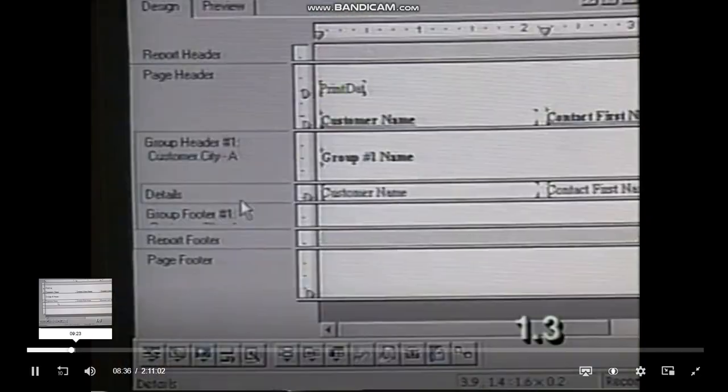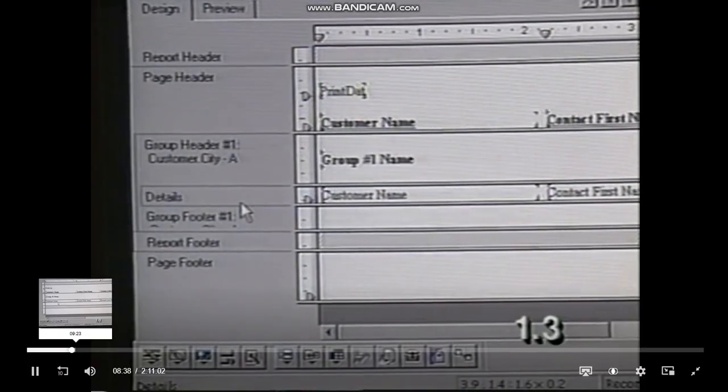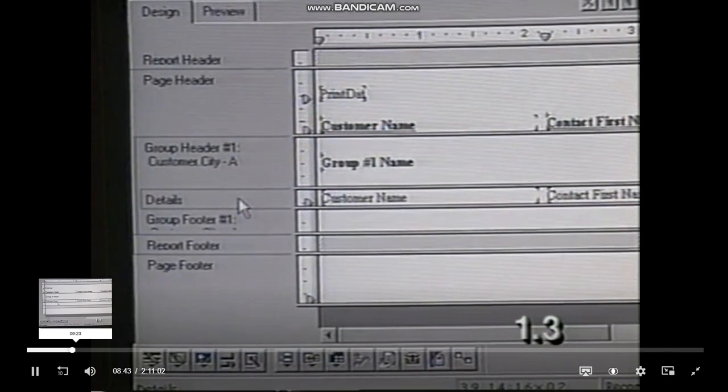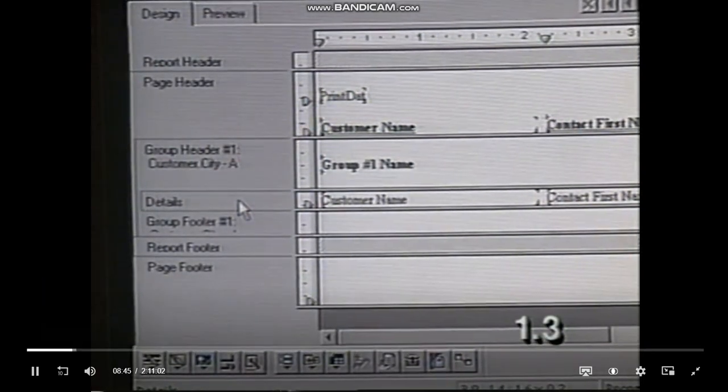and you're going to see that the Section Expert does quite a bit. The Section Expert is a tool that enables you to control how a section looks and behaves. To invoke the Section Expert, you can actually right-click any section